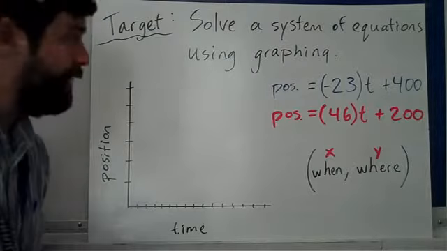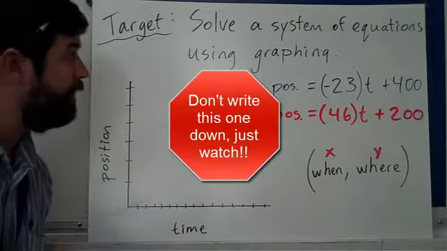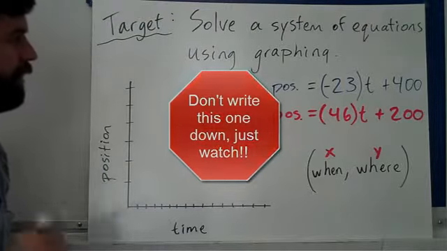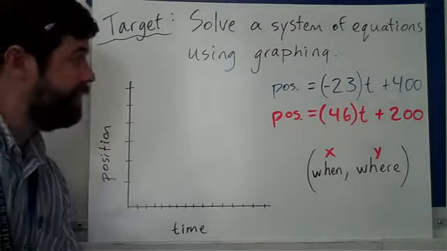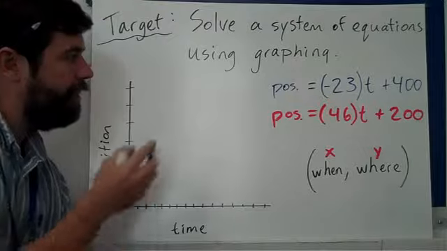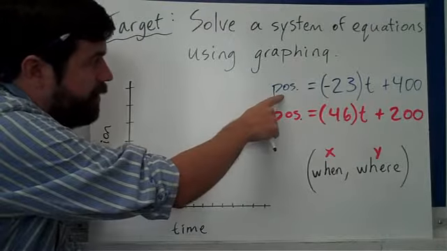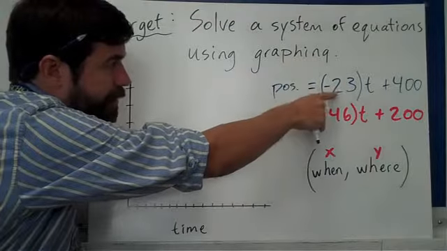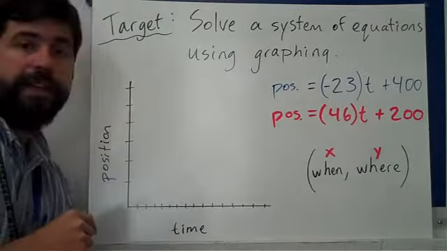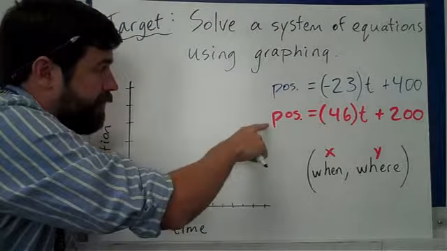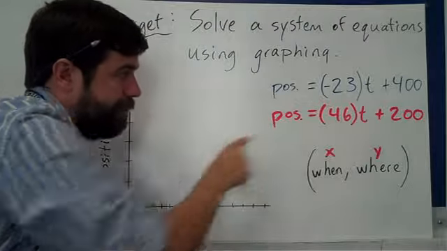Okay, class, today we are going to learn about solving a system of equations using graphing. We have two equations here, which make a system of equations because there's more than one. These represent position as a function of time. The position of the first car is equal to negative 23 times t, for time, plus 400. For the second equation, the position of the car is equal to 46 times the time